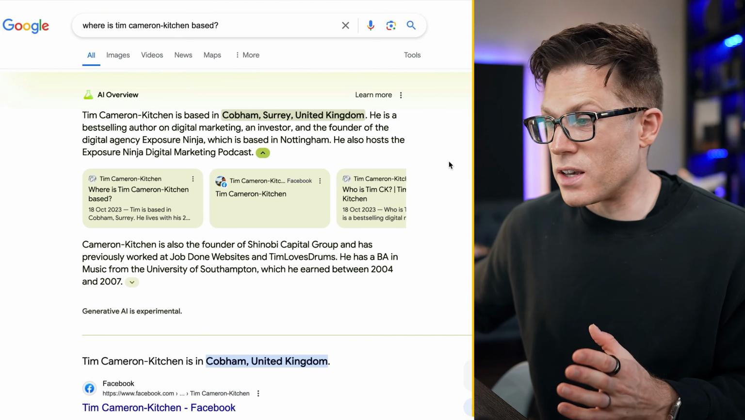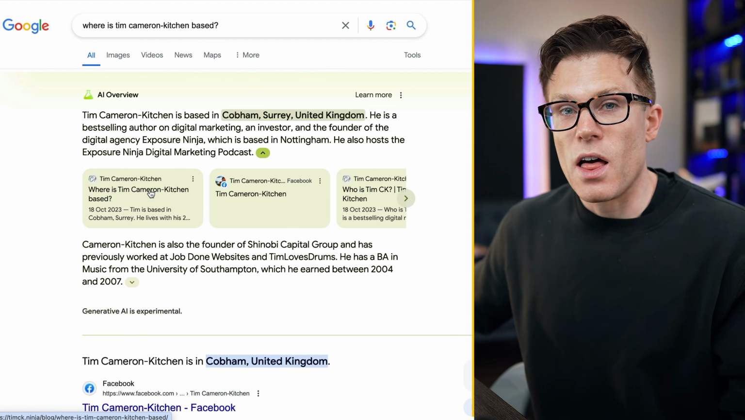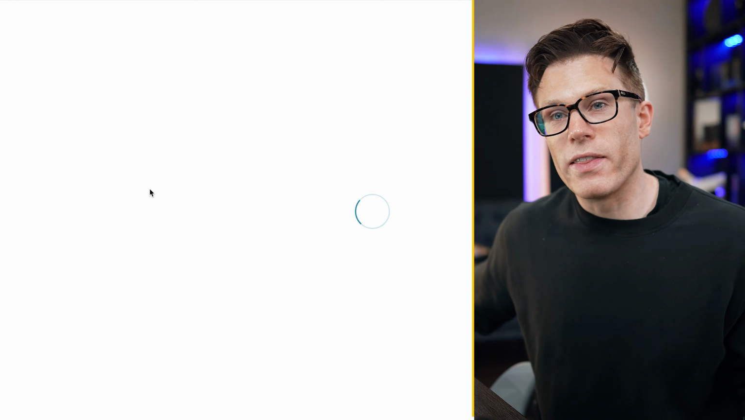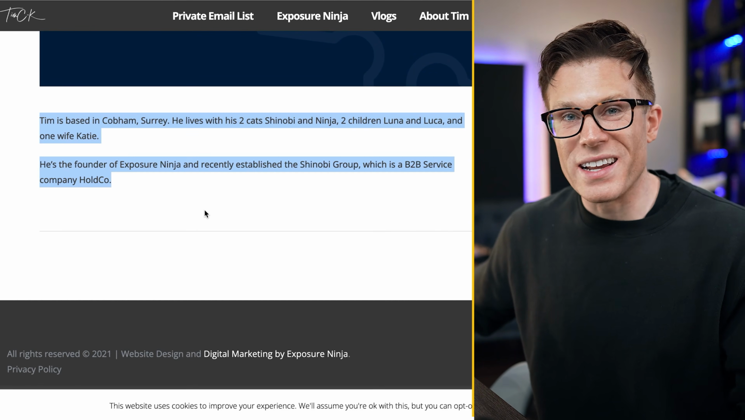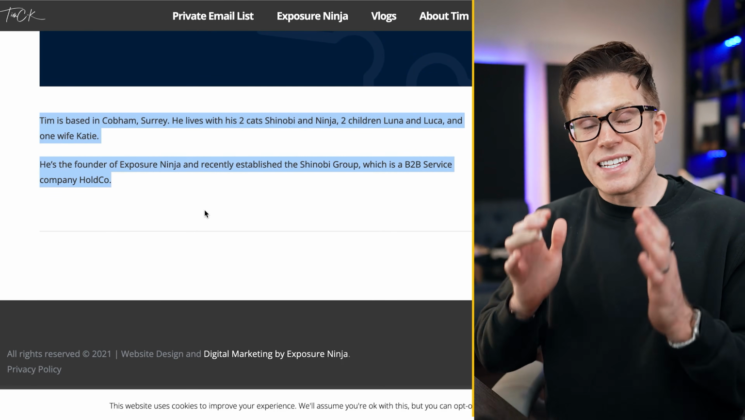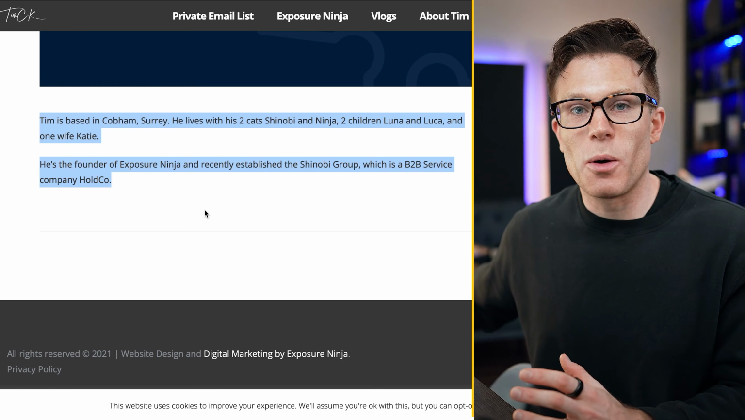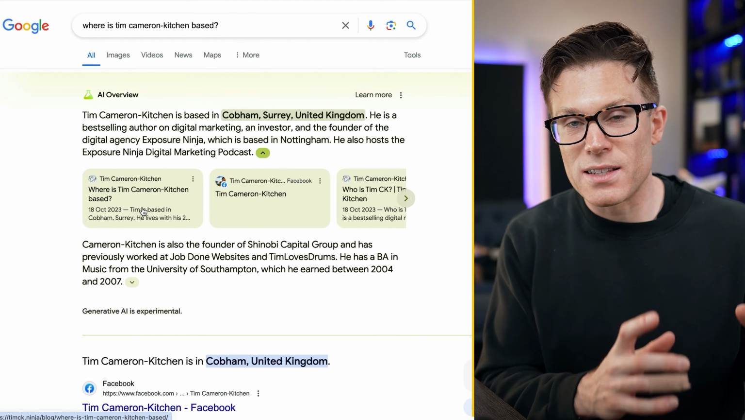For example, this search, where is Tim Cameron Kitchen based? The blog post that I wrote to target this search to try and get ranking in AI overviews is incredibly short and it's incredibly rubbish. But because it is highly relevant on this topic, Google has chosen to feature it as the first link in